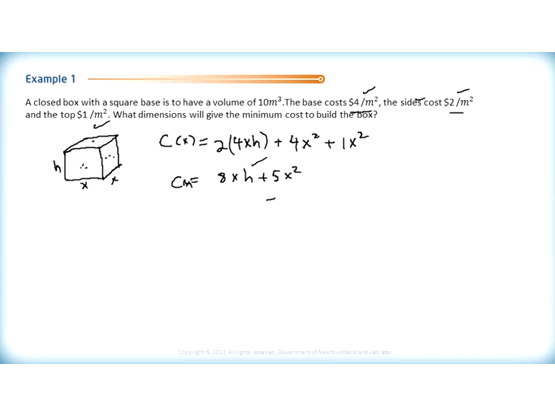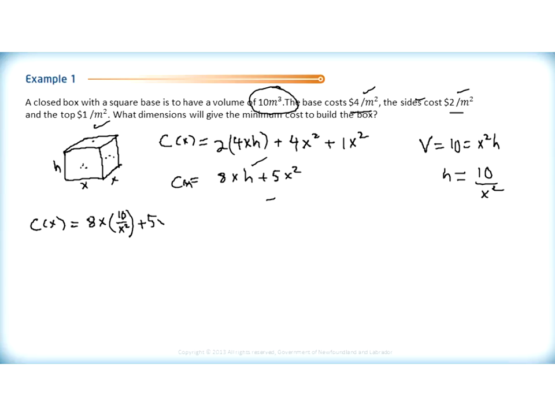Uh-oh, too many variables. We've got to get a secondary relationship. We know the box has to have a volume of 10 meters cubed. So volume is going to be our secondary relationship this time. The volume, which has to be 10, is going to be equal to x squared times the height. So length times width times height. If we want to replace the h, we can say that h will be equal to 10 over x squared. So when all is said and done, our cost function is going to look like 8 times, instead of xh, x times 10 over x squared